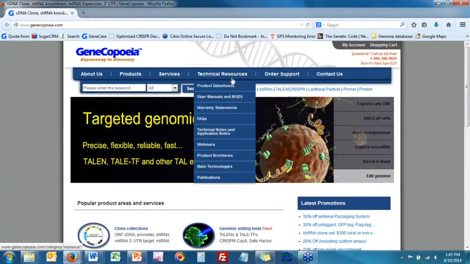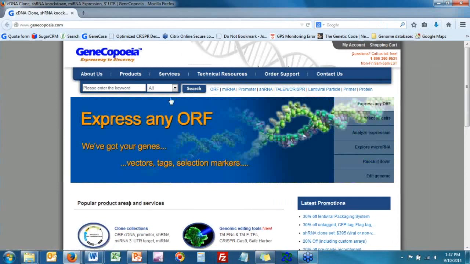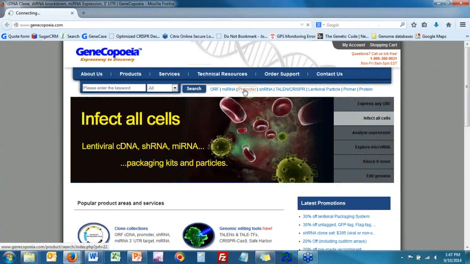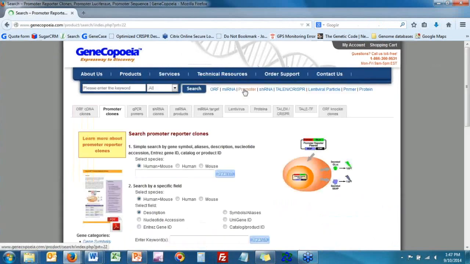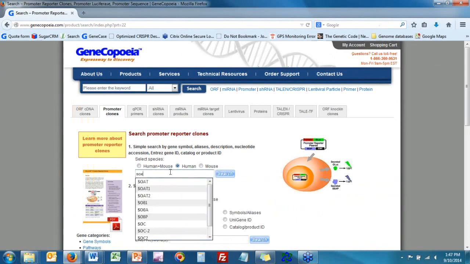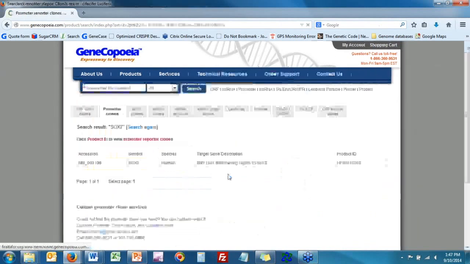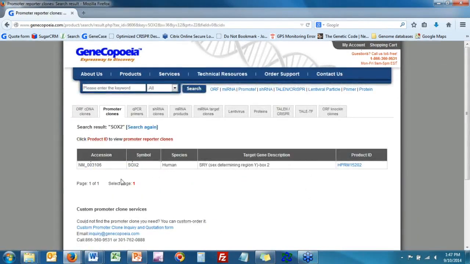If you want to search, we have a very convenient search function, and it's broken up by product lines. If you click on promoter, you are brought up with an advanced search page. For most needs, you only need to use this top search function. So let's say I select human and I type in SOX2, press search. Now what you see on screen is an accession number for SOX2 and a product ID. When you click on the product ID,